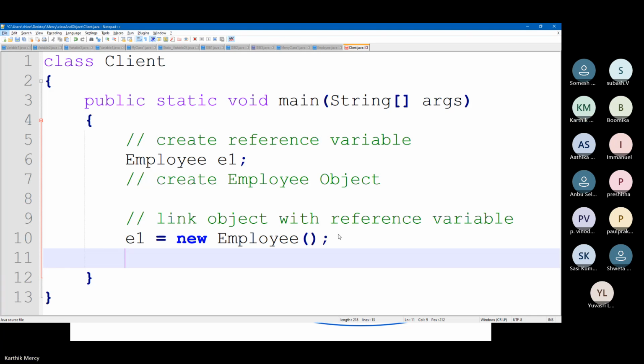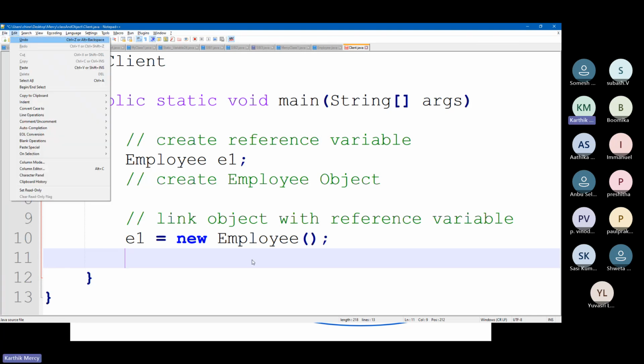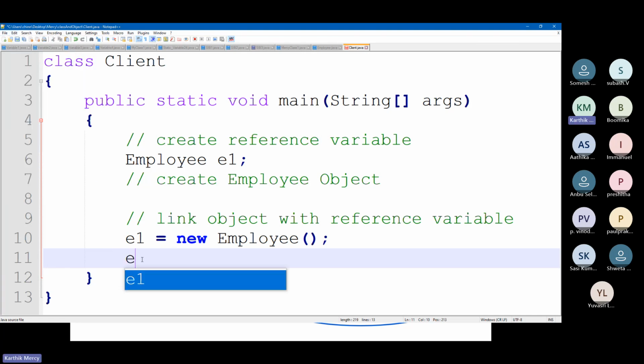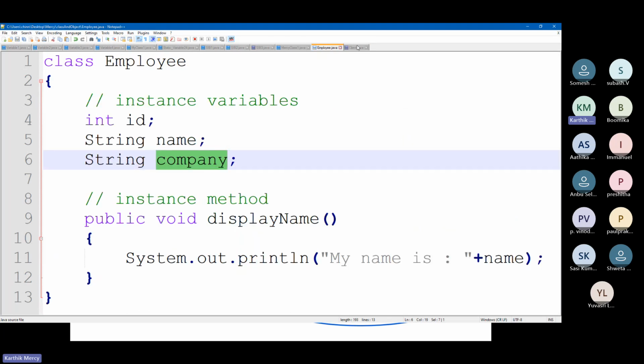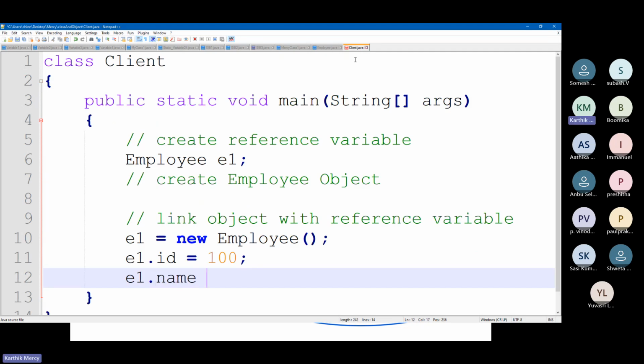E1.ID equal to, let's say, 100. E1.name equal to Mercy.